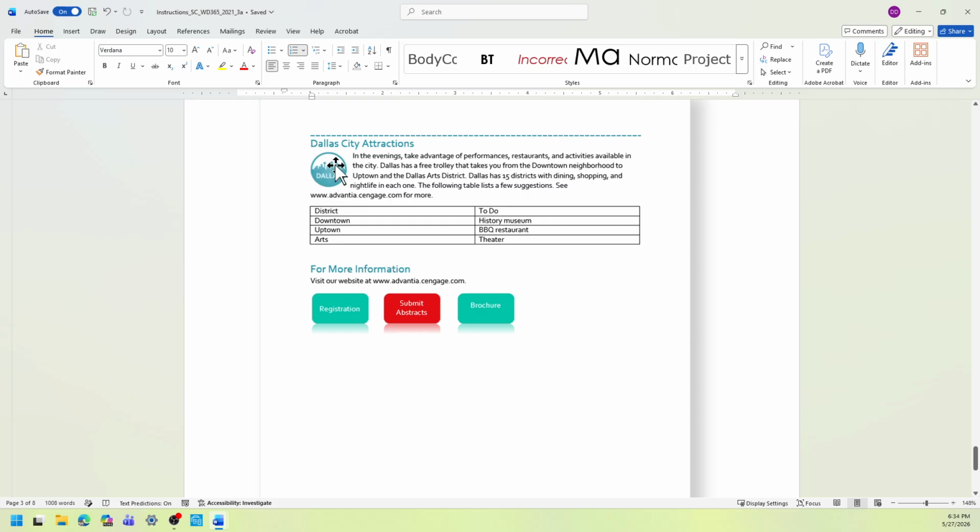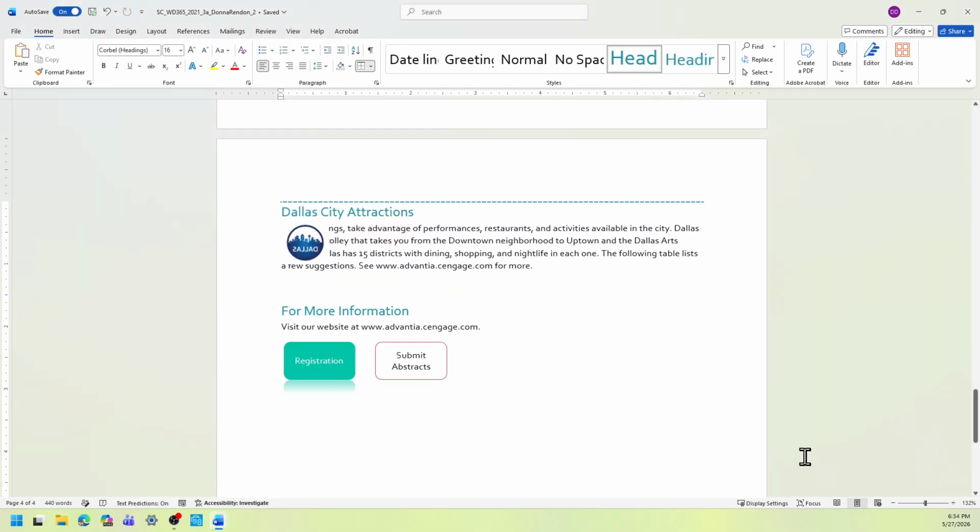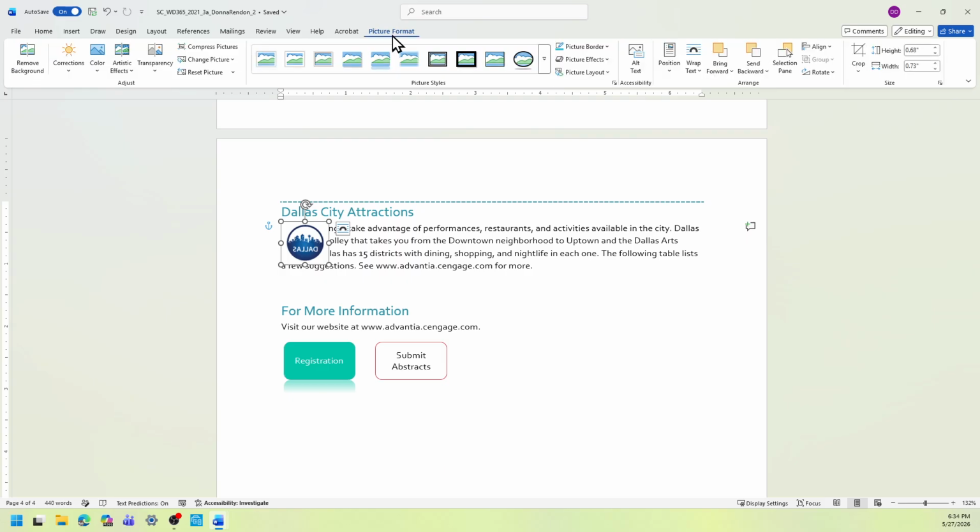This icon or picture. Okay, so back to the start file. You can see it's a different color right now. So click the picture, select the picture format. We're going to flip the picture horizontally.